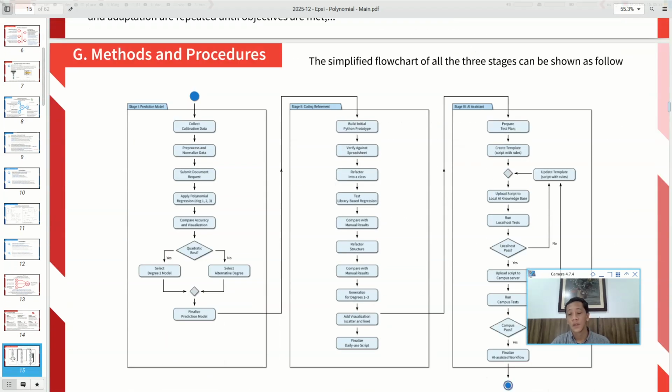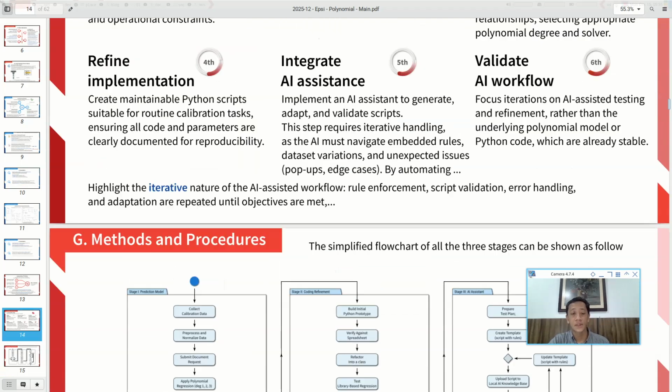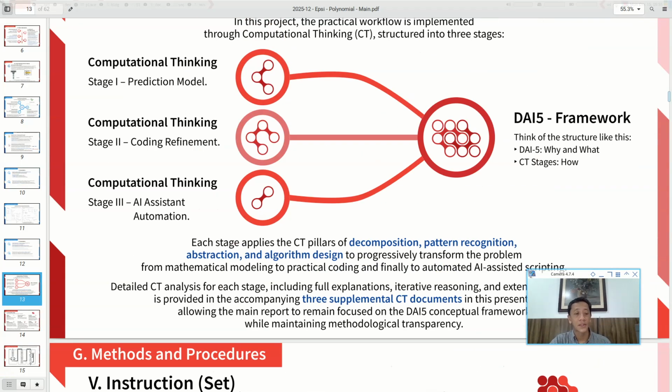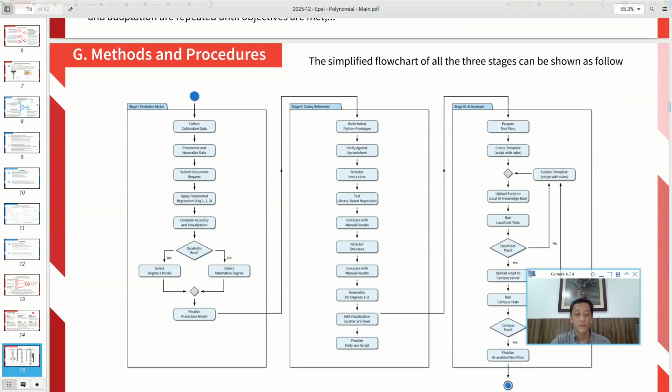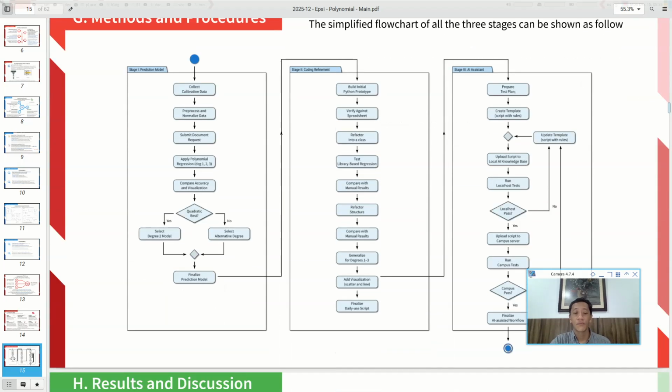Okay. This is the flowchart of those three. Here we have the prediction model, coding, AI Einstein, all in the AI5 framework, and this is the flowchart. This is the algorithm part. We can go deep later in